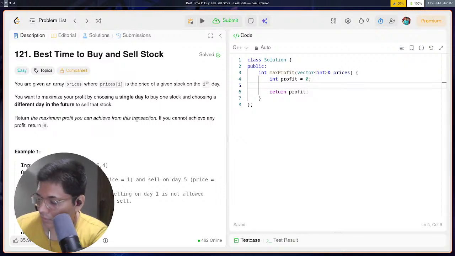For i equal to 0, i less than nums, i plus plus. If